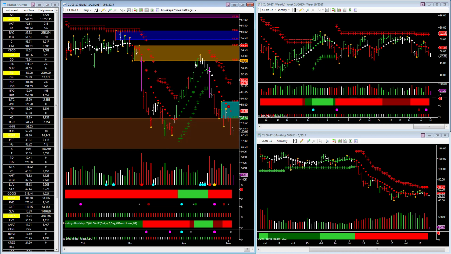As the corrective move came back up and we failed to make a new higher high, you can see that we were able to hit a previously established zone. And once we hit the zone, notice the nature of the volume. The volume went clearly from buying volume to no demand. So all the buyers in the market tended to dry out.